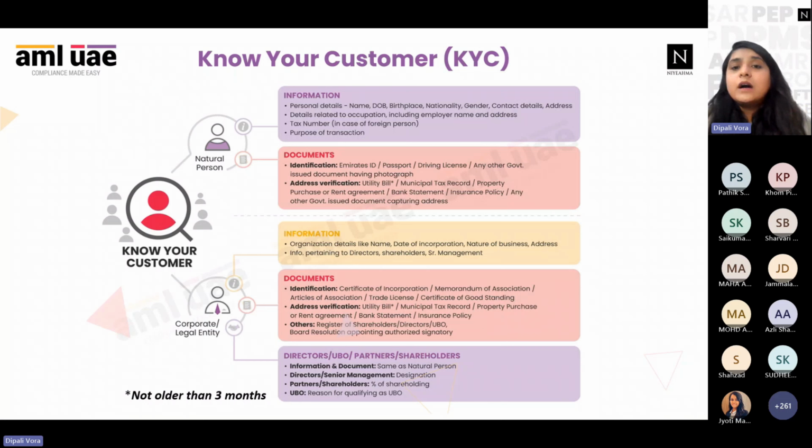When we are onboarding a company, we have to make sure that we are also asking for the details of the ultimate beneficial owner in that organization. Ultimate beneficial owners are basically those individuals who hold more than 25% of shares, or have voting rights, or have controlling rights in the organization. So for the ultimate beneficial owners in the company, we must ask for their ID document as well as their address proof in order to complete the KYC of that particular customer.